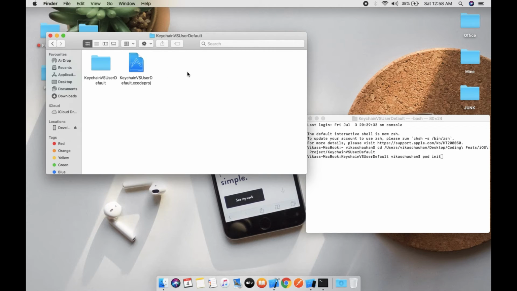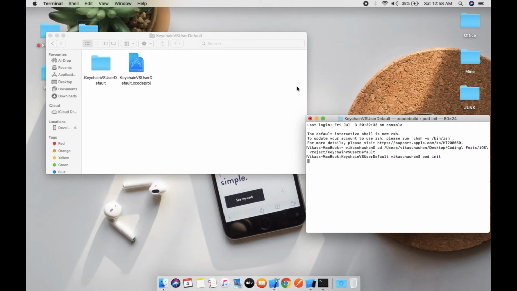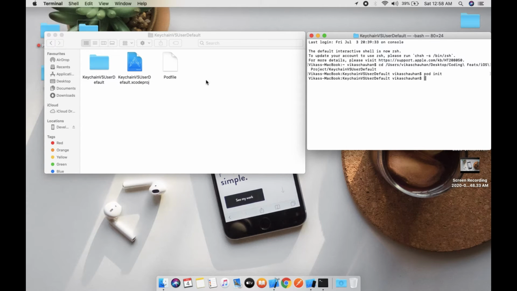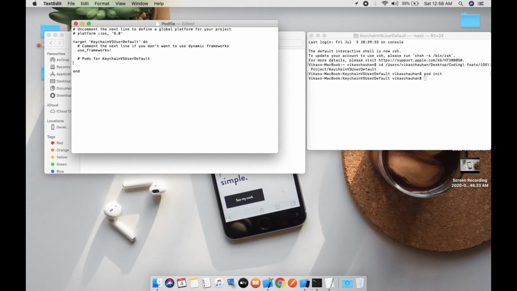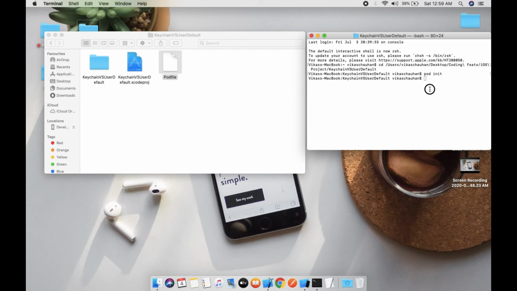Here there is no pod file, so you can see the pod file is initialized. Open this pod file, and let's take one pod, KeychainAccess. Save this pod file and pod install.